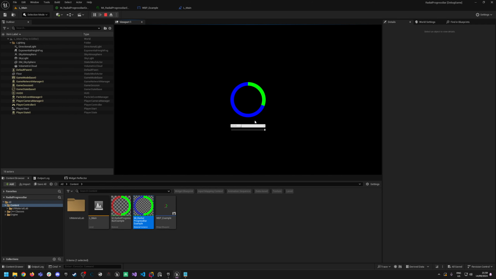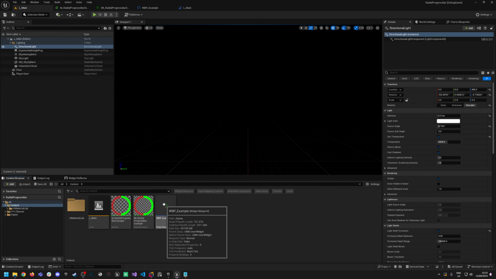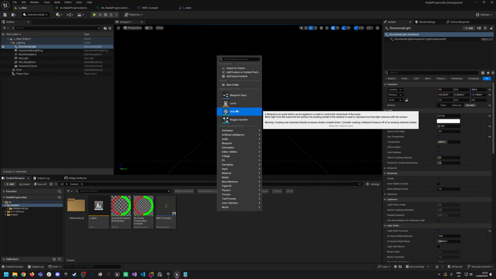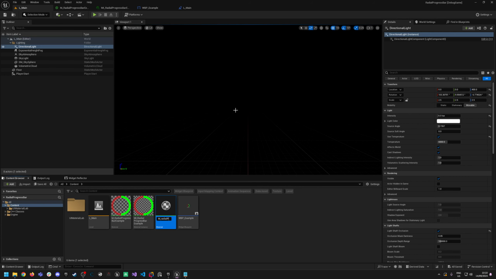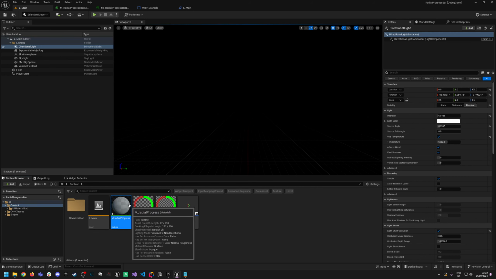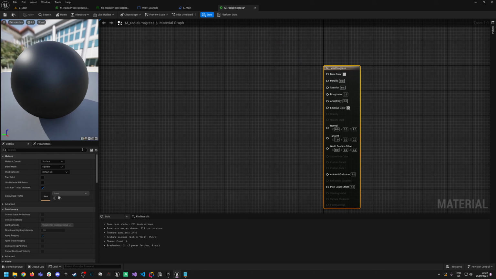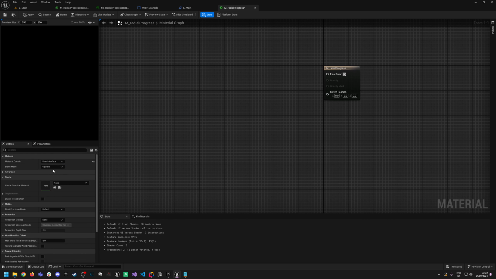So let's get started. This radial progress bar uses some functions from UI Material Lab, so ensure that you have this in your project. To have it in your project, just download it from the Epic Games Store and put it in your content folder. Okay, let's create a material and call it radial progress. First of all, we have to change the material domain, set it to user interface, and select blend mode to translucent,